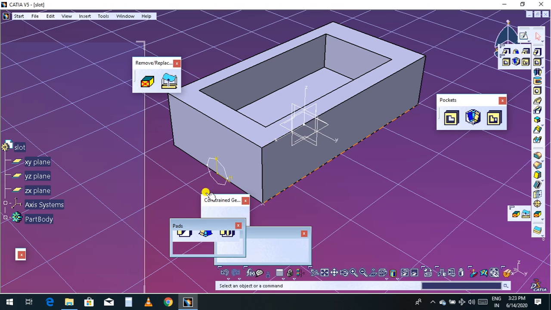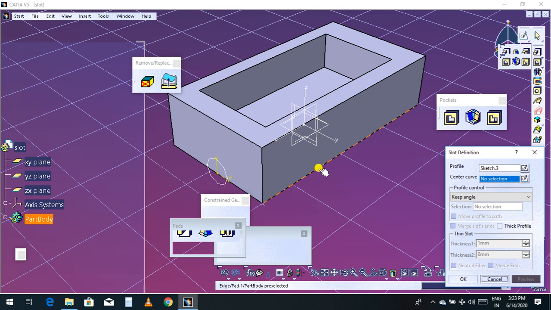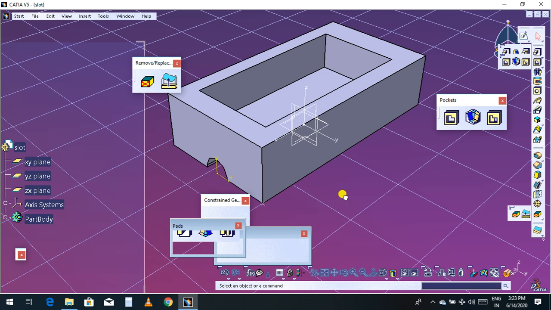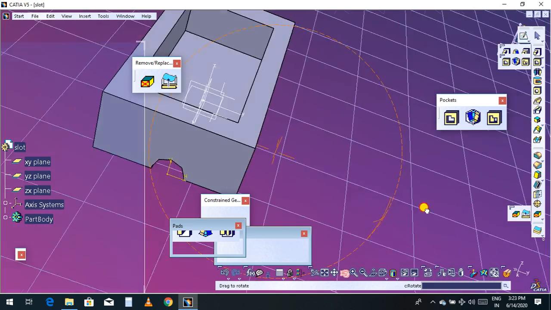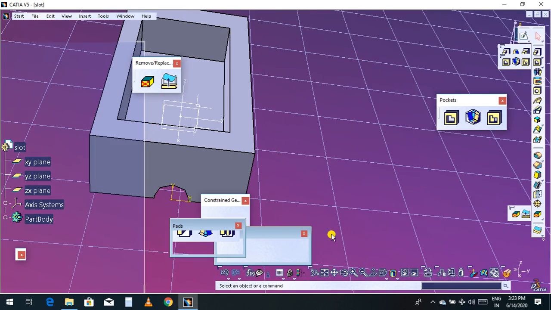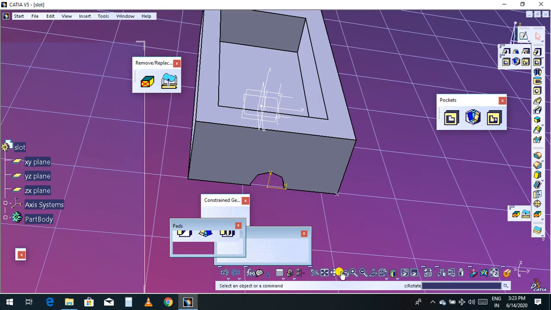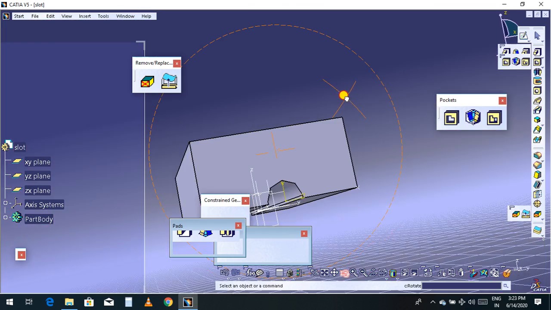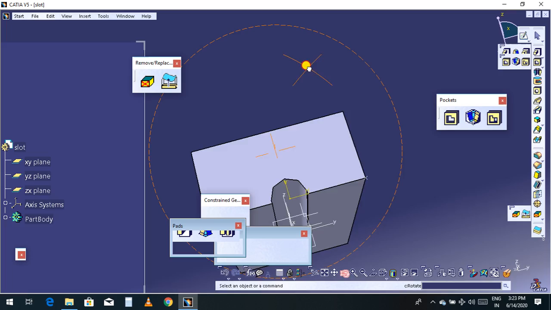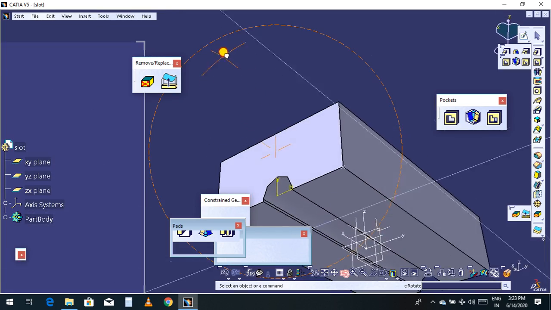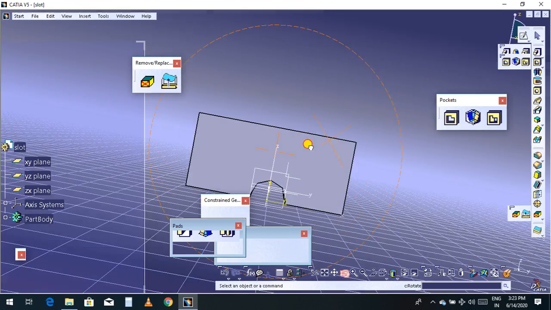Select this sketch, use the slot command and choose the curve. This is our curve. Preview. So now you can see. Now just rotate and just watch. Just look at this. So this is called sweep cut, and it is also called slot in CATIA.